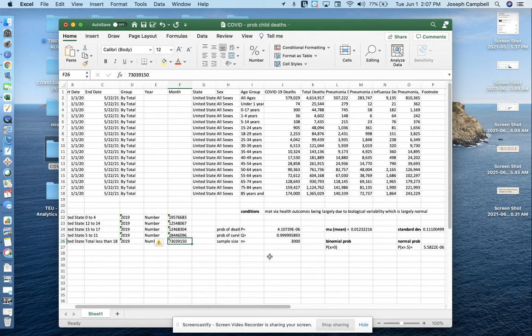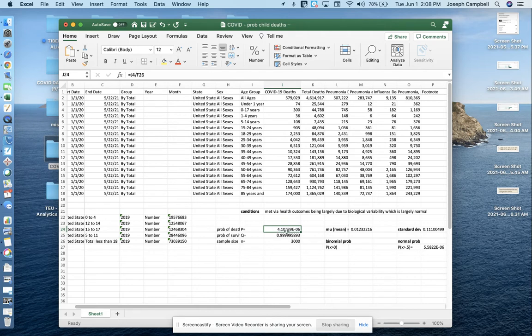Now, why is this appropriate? Well, health outcomes typically vary due to biological variability. And even if it's not biological, even if it is environmental, a lot of times those environmental factors are themselves chosen via biological variables like intelligence and things like that. So I think it's pretty safe to assume approximate normality, and then we can use our normal tools here.